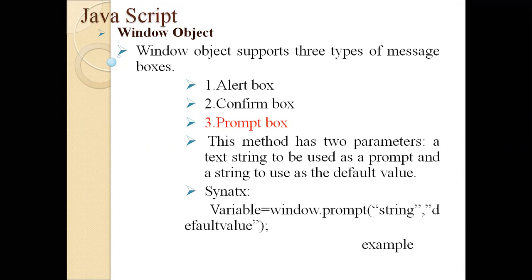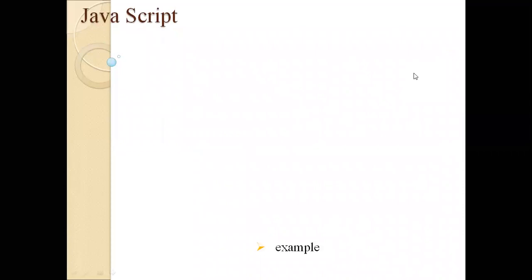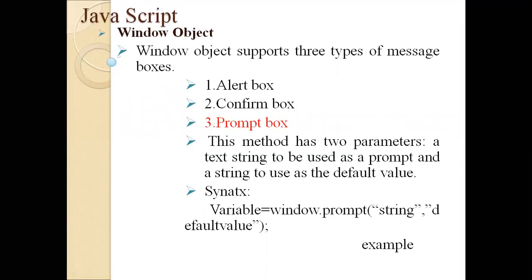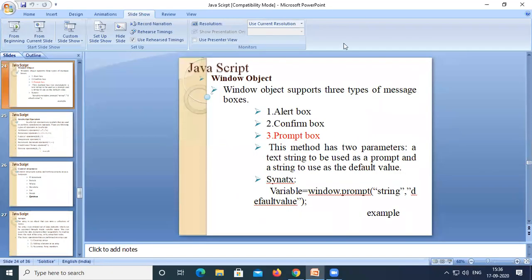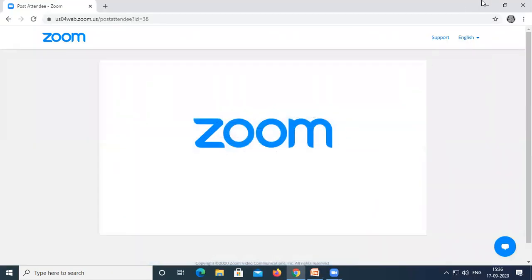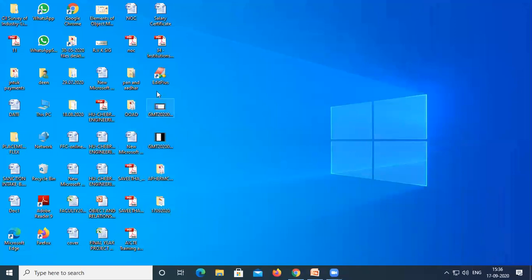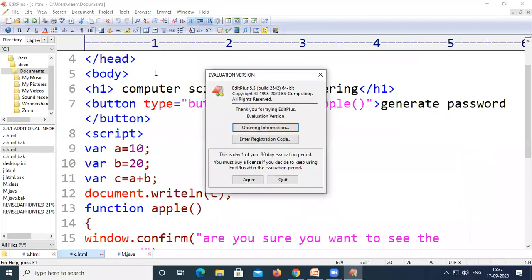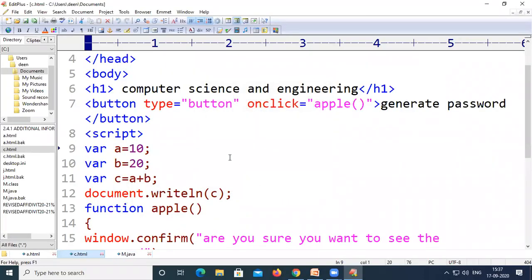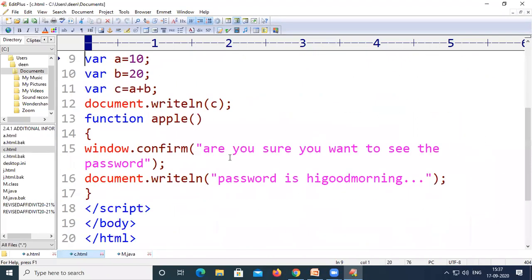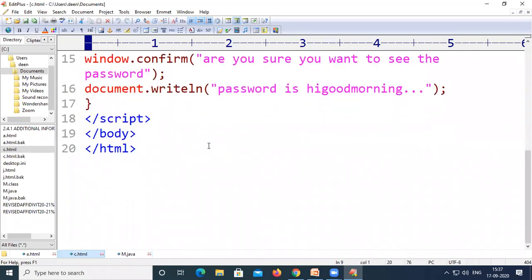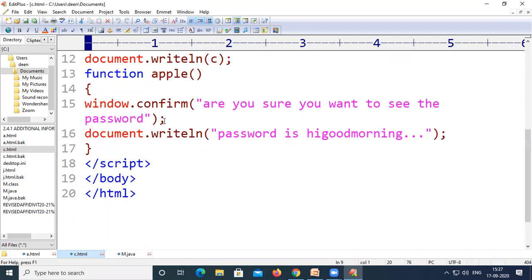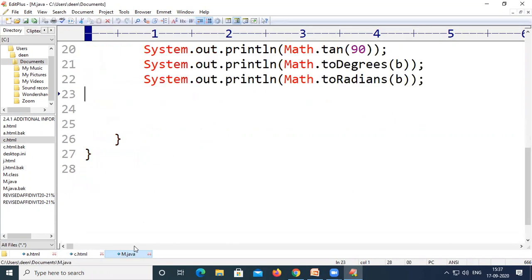So let us move to the programming window, and there we can see how this prompt box is created. And I think this is the program where we have stopped in the previous session.